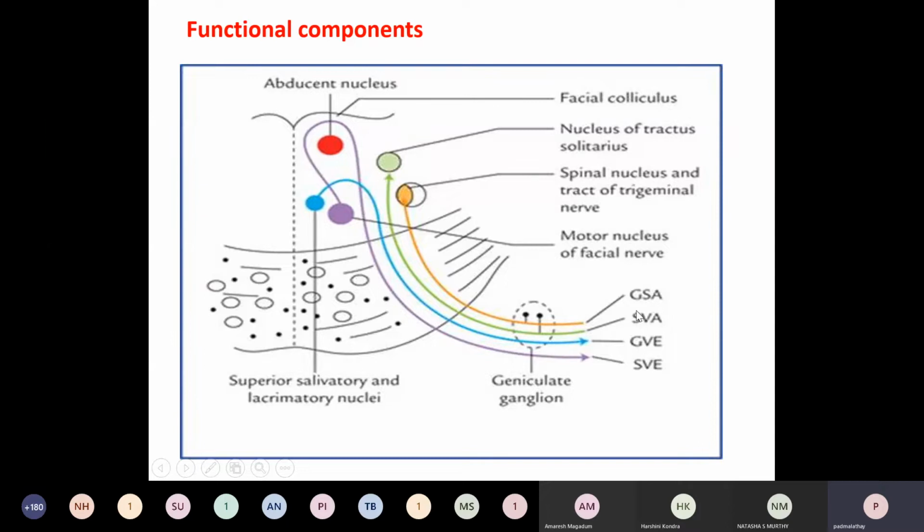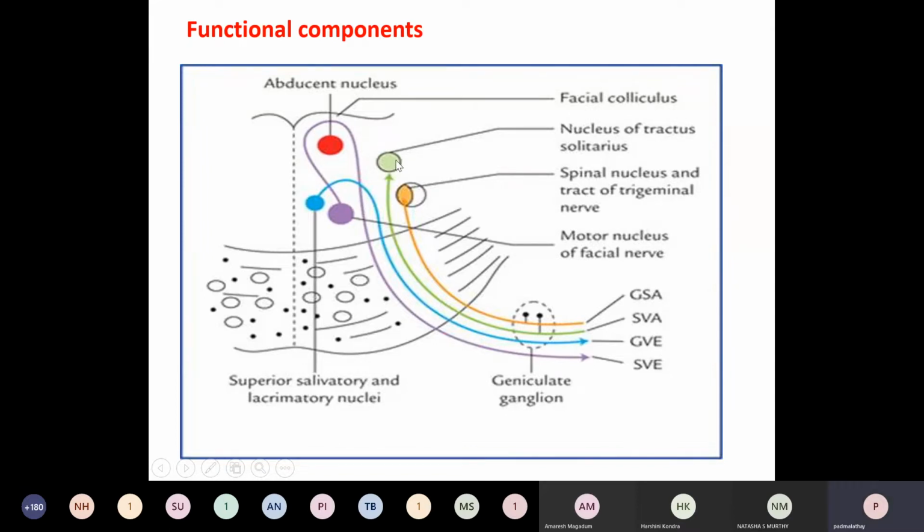You studied in the previous class of the medulla what all these functional components are. Now the motor nucleus of the facial nerve carries the special visceral efferent fibers, whereas the salivatory nucleus carries the general visceral efferent fibers,